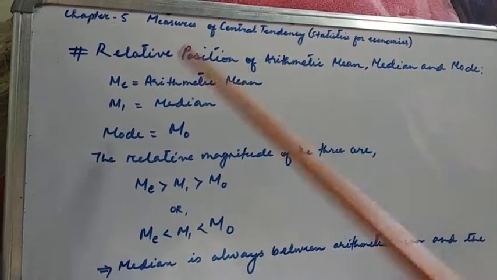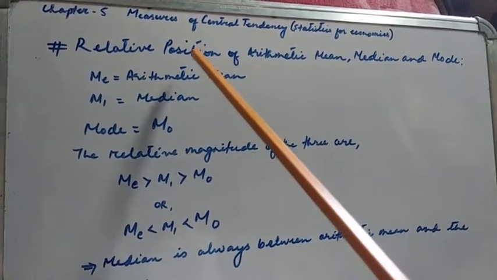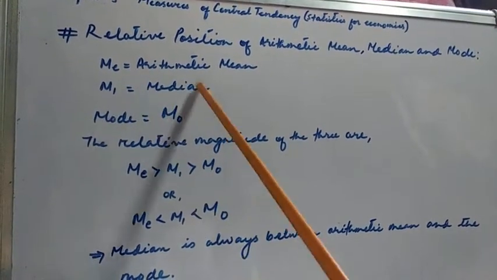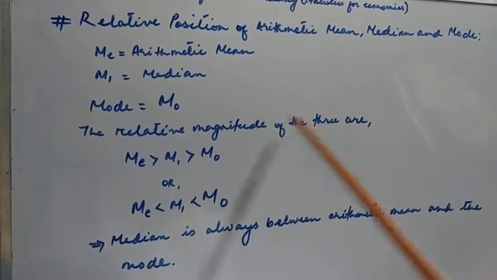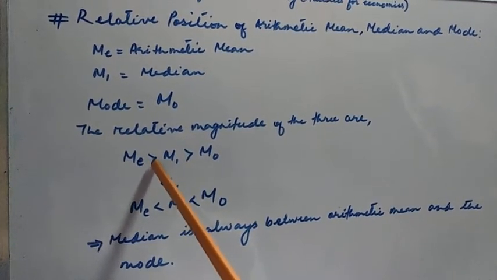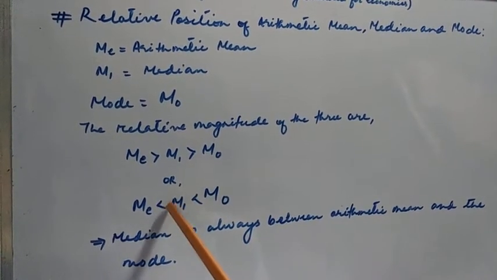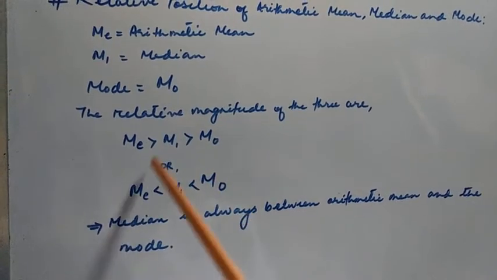So the last topic is the relative position of arithmetic mean, median, and mode. If arithmetic mean is expressed as ME, median as M1, and mode as MO, the relative magnitude of the three is given as ME is greater than M1 greater than MO, or ME is less than M1 less than MO. So median will always be